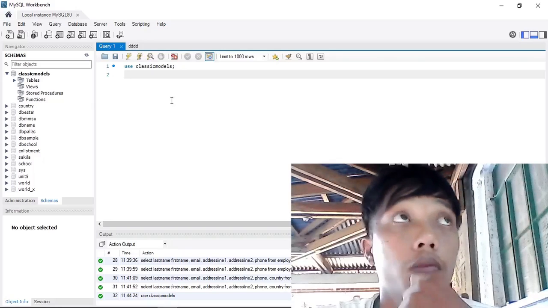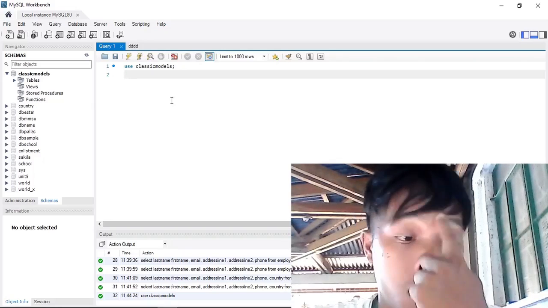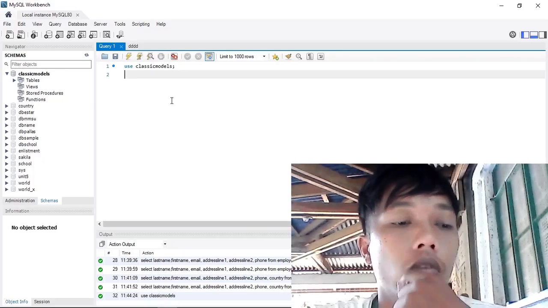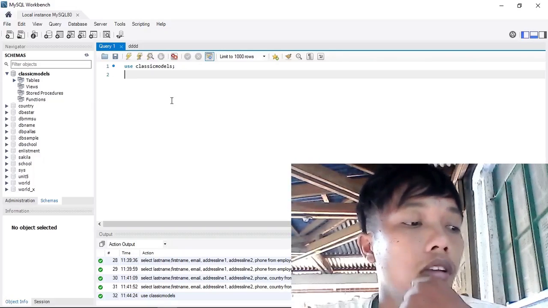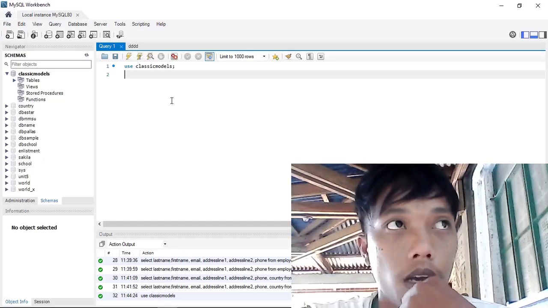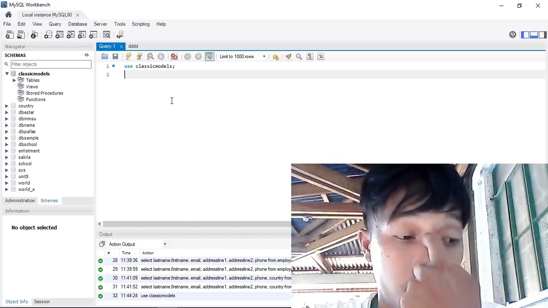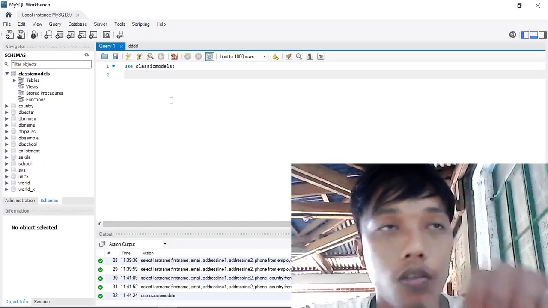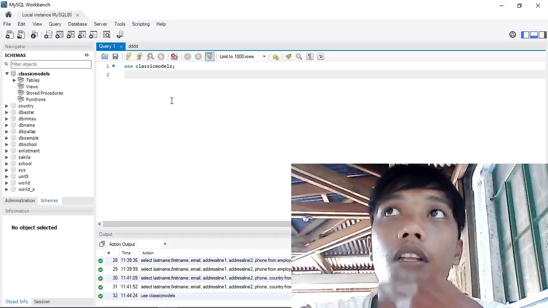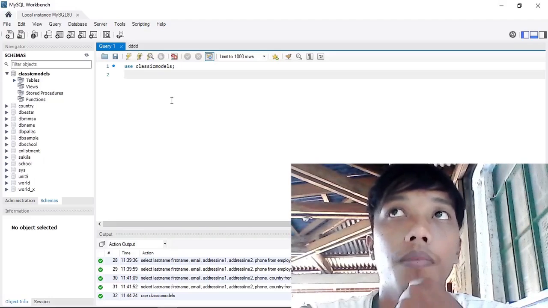I'm going to combine the two tables, the products table and product lines, and answer task one using syntax 1 and syntax 2, using the inner join.